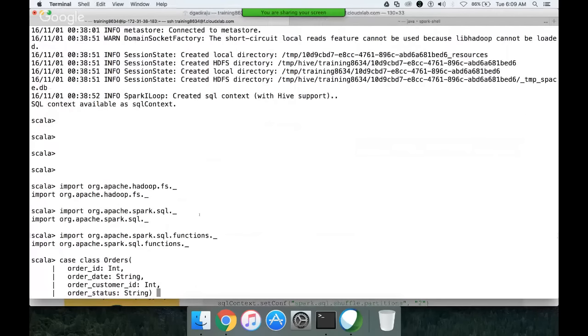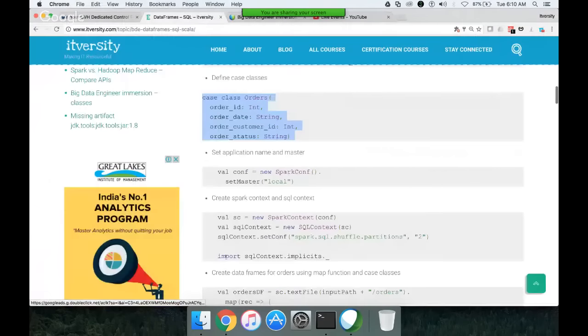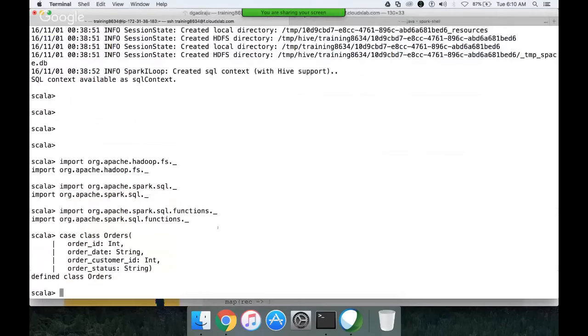So as you guys are already familiar, orders have 4 columns: order ID, order date, order customer ID, and order status. Order ID and order customer ID are integers, and order date and order status are strings. We don't need to create the configuration object and context object, but we have to create a SQL context, because